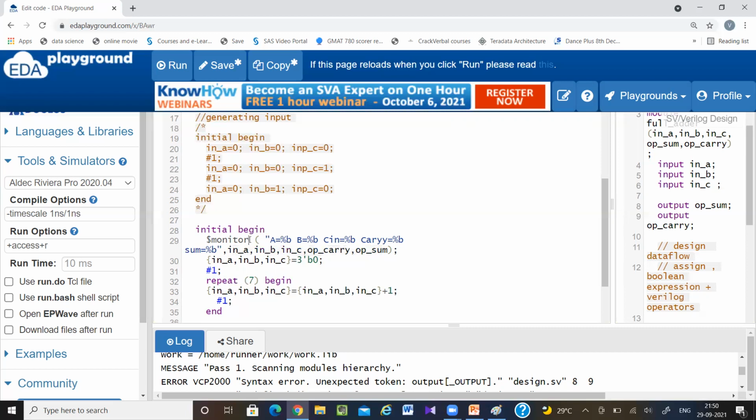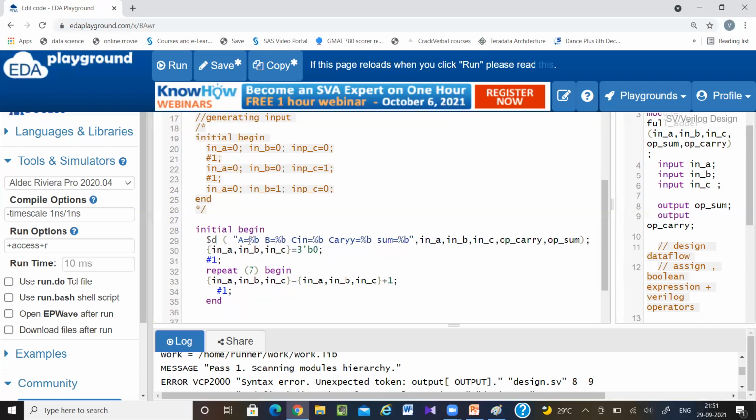If I write $display here, it will execute only once. But what I need is that there will be 7 different values generated here, and 1 value here, so I need it to execute 8 times. So I will write $monitor.